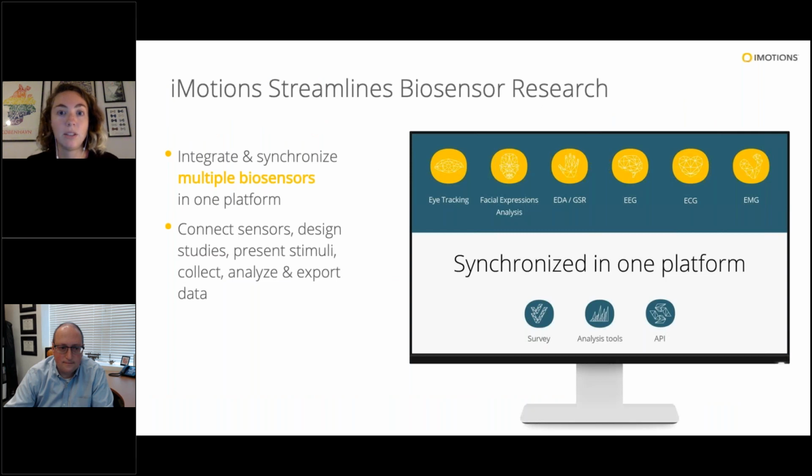So we basically streamline this research. As you can imagine, biosensor research can come with a lot of cumbersome aspects in terms of data capture, because you have, for example, your eye tracker that's sending a stream into some sort of software. You have facial expression analysis. You have maybe skin conductance, which measures sweat from your skin. And all of those data signals need to be compressed, consolidated, and synchronized so you can actually get data that makes sense. So we can connect those sensors, design the studies, present a stimulus, analyze, and export data